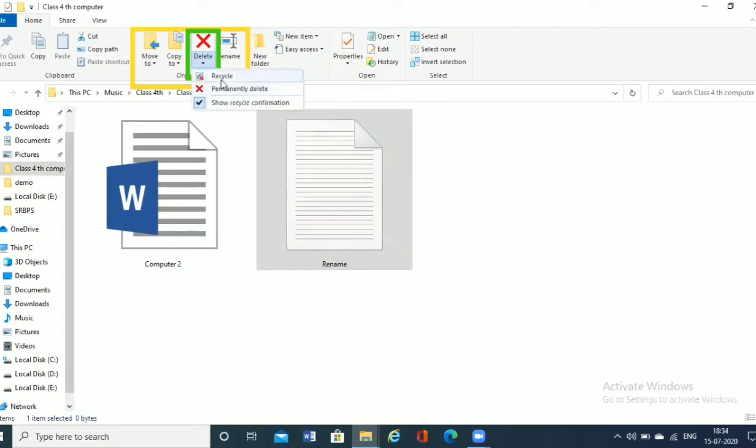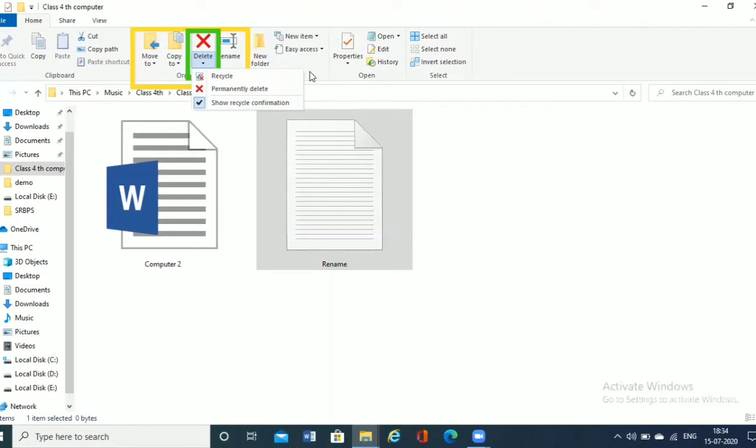What do the recycle option and the permanently delete option mean? After selecting the recycle option, the particular file or folder will move to the Recycle Bin.